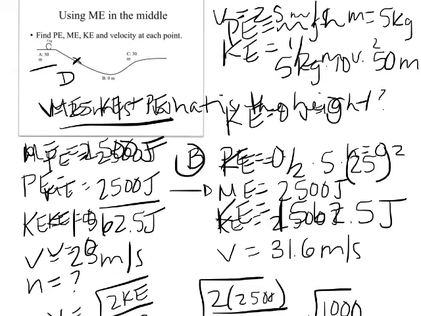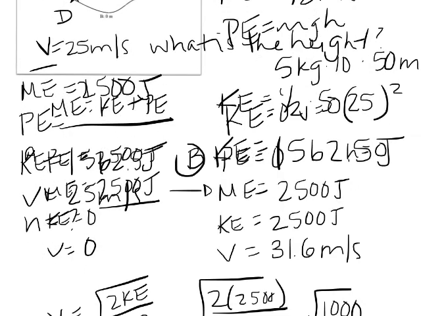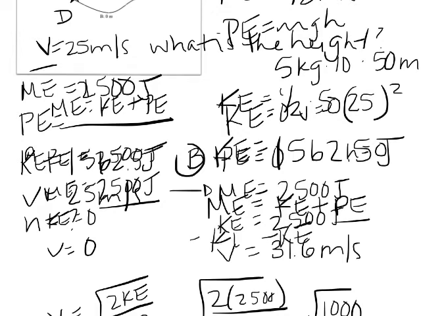So now we need to figure out PE so we can eventually get to the height. So that's where we need to use this equation again, ME equals KE plus PE, except this time we want to have PE by itself, so we're going to subtract KE. So PE is equal to ME minus KE,